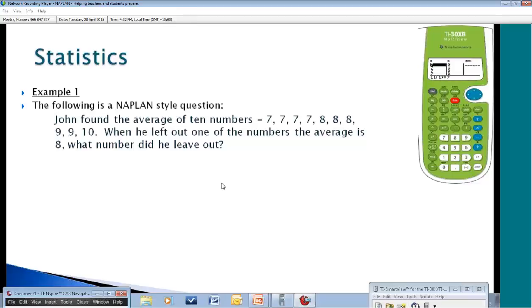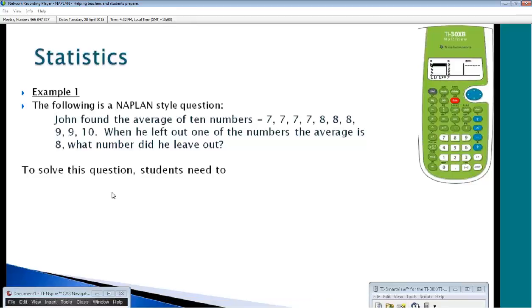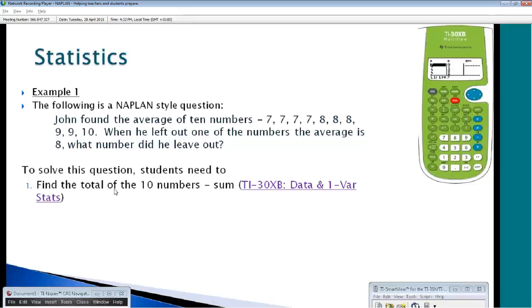So we obviously need to make sure we're teaching the students how to go about this question, not just what to punch into the calculator. So to me, the important words here are average of 10 numbers. That's one of the first things I would be looking at. And when he left out a number, the average is 8. So if we look at the first part, found the average of 10 numbers, what students need to do there is first of all find the total of the 10 numbers. Now one way that they can do this,